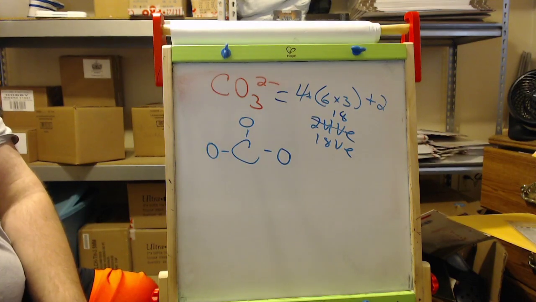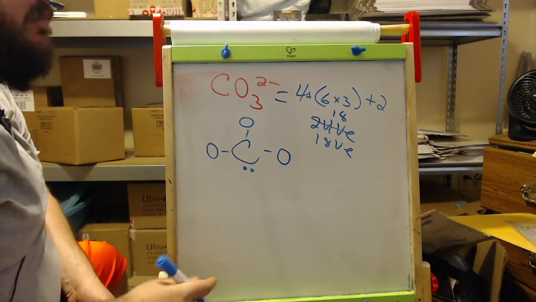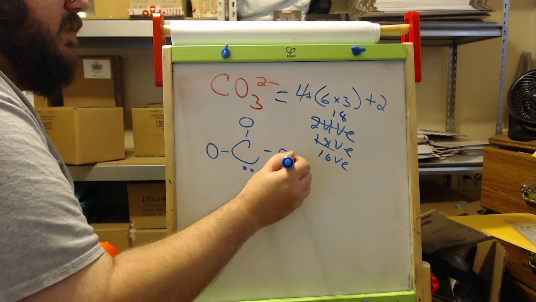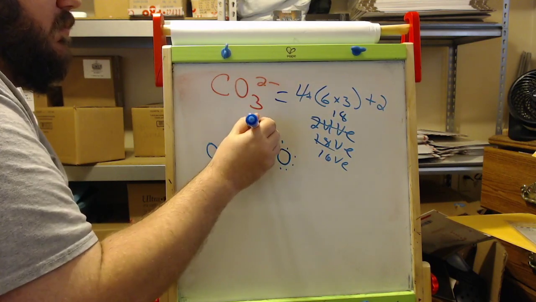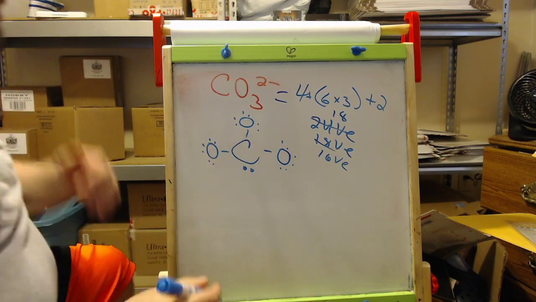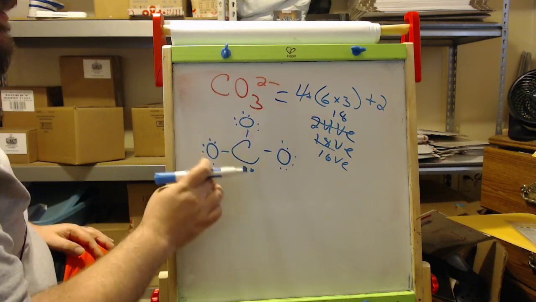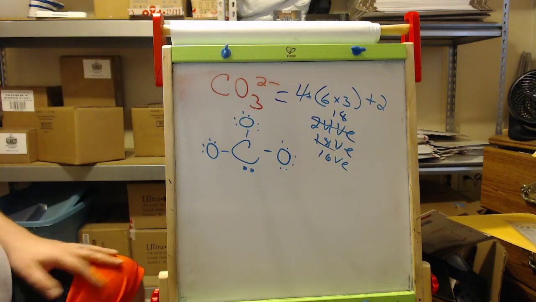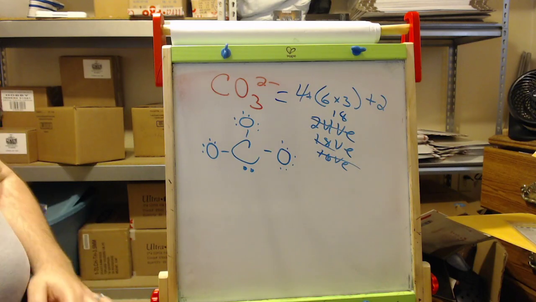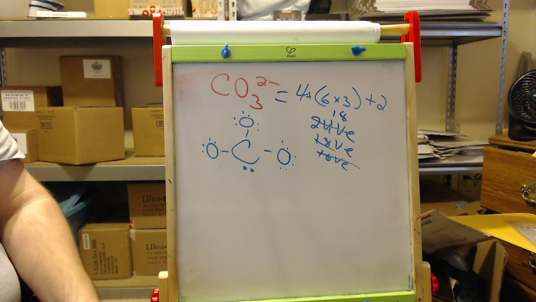Now, if we follow the list that I gave you, or however you learned how to do it, you complete the octet around the central atom. That leaves us 16, as long as the central atom completes the octet. Complete the octet around the other atoms. All right, now if I do so, 2, 4, 6, 8, 10, 12, 14, 16, whoops, too many, 18. Okay, so we get rid of those, and we're short 2 over here. We can't just draw 2 in, and we can't just make up 2.